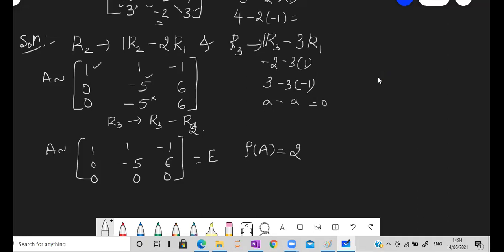Okay, so these are the problems from your question paper. They have asked very, very simple questions. I'll take a little higher part also, because if they ask some difficult questions, you should be able to do it. What we did for 3 cross 3, 3 cross 4, the same thing has to be applied if the order is a little different, maybe a little more. Still, the same method has to be applied to get the rank of the matrix.